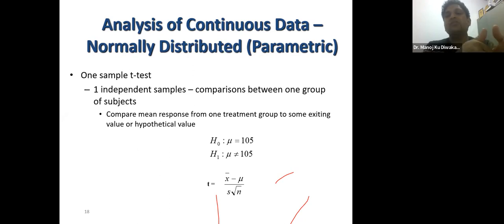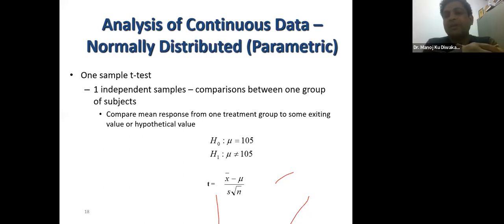Then in that case you can use the t-test. This is the t-test formula for the one sample t-test. Basically you need to do x bar minus mu naught, divided by s by root n. This will give you the t calculated value, and then you can compare it with